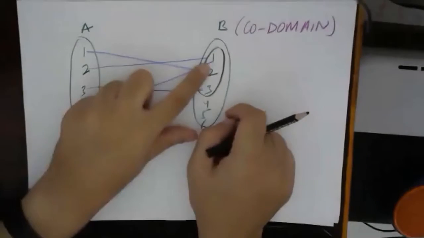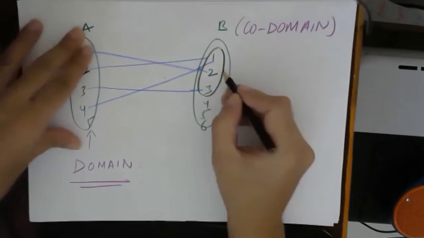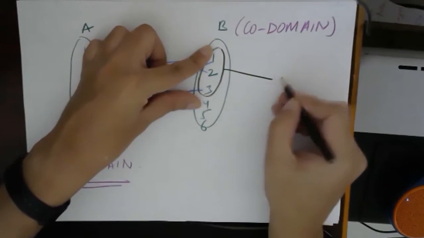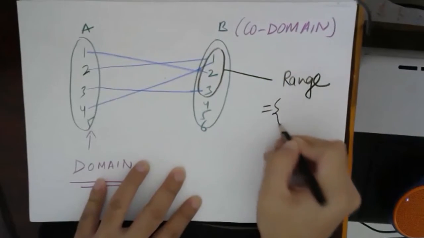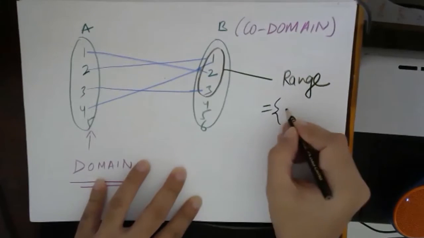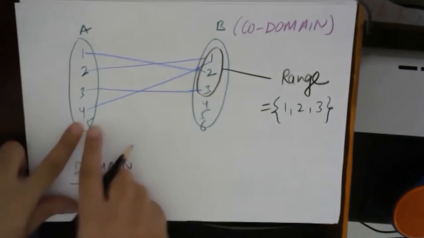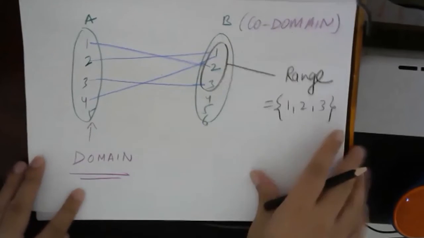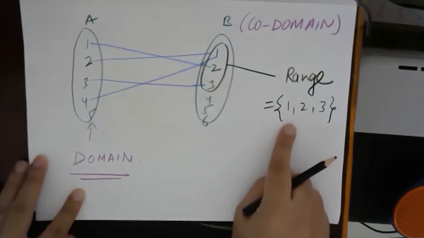Okay, now see, only these are the elements which are images of some elements from set A. So what we'll call these elements as this range. Range will be the set which will be used. So suppose we have 1, 2, and 3. Here 5 is not used, it's okay. 5 does not have any image. 5 is not linked with anything. 5 is not related to any element of B. Only the elements which are linked will be termed as a range.